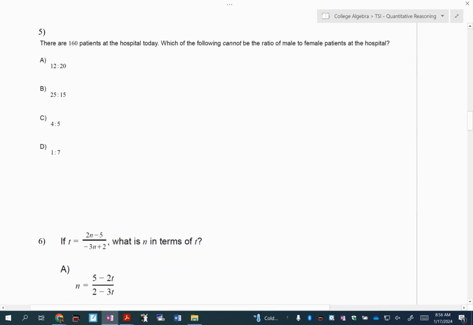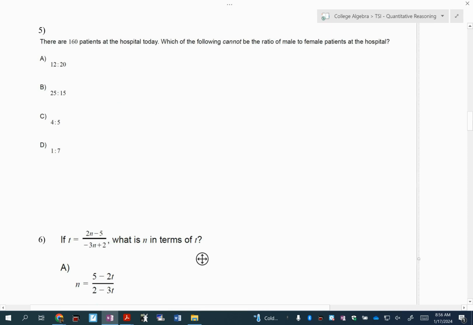Okay, number 5. There are 160 patients at the hospital today. Which of the following cannot be the ratio of male to female patients at the hospital? So the way this works is if they give you a total, right, 160 is the total. When you add up these numbers, they must be equal to a factor of the total for them to be